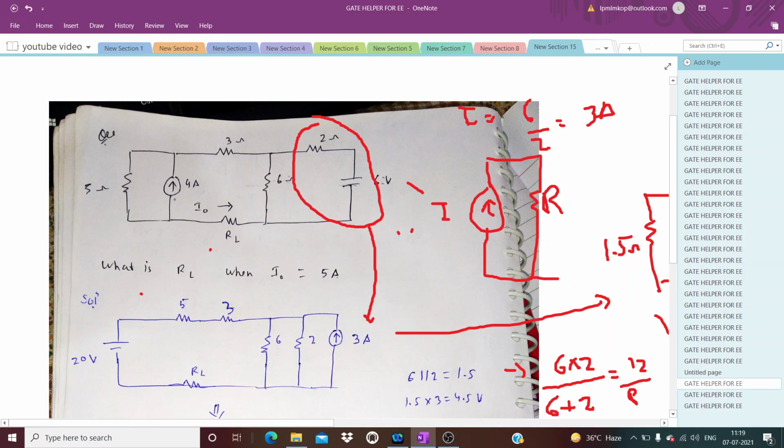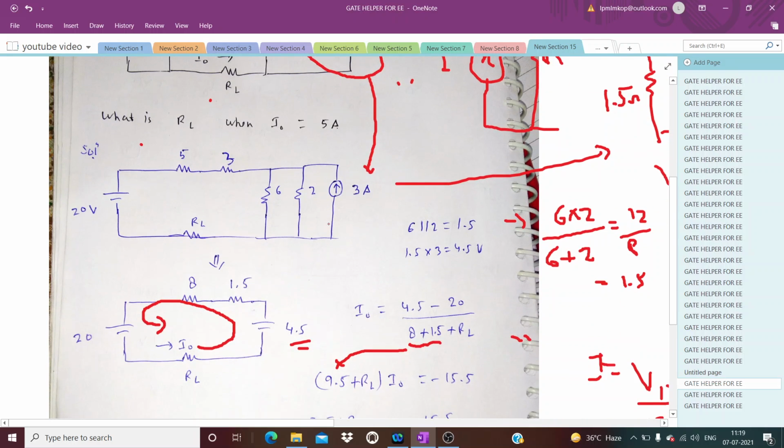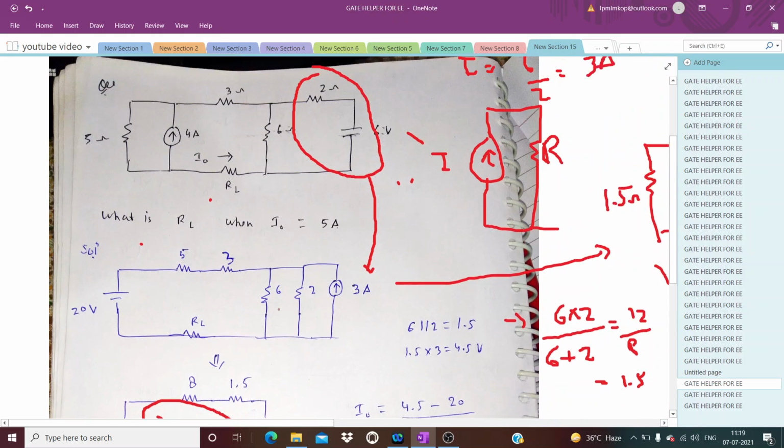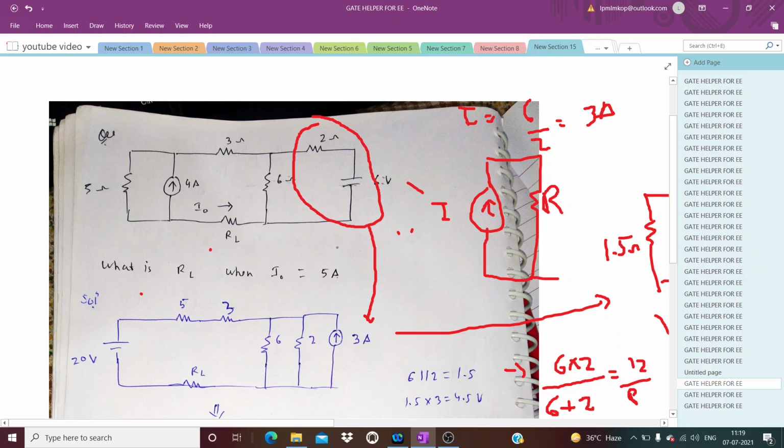This current source is converted into a voltage source. This voltage source was first converted into a current source, then again converted into a voltage source. This is why we have done this. We have simply done this just so that you know these two are a parallel combination, and we can simply write it as a single resistor. Okay, so this is the solution. I hope you got the solution.